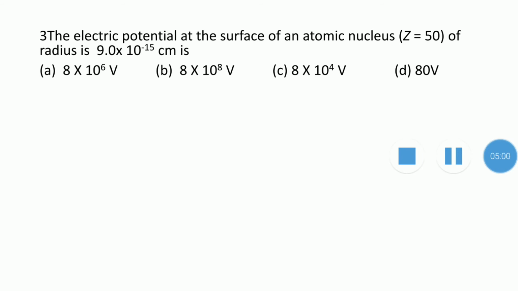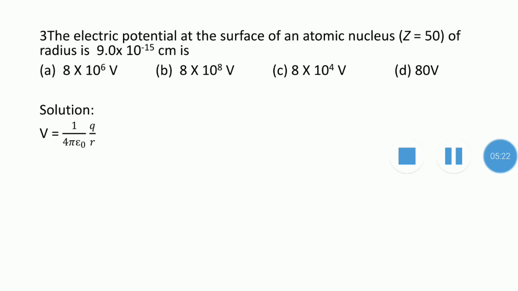So here 80 volt is a wrong answer, because from the solution, if we go for a calculation, the equation contains 1 divided by 4 pi epsilon naught. You can see the equation here. 1 divided by 4 pi epsilon naught will give the answer 9 into 10 to the power 9. So we can expect the answer should contain a power of 10, which option D does not have. Therefore, option D is a wrong answer.